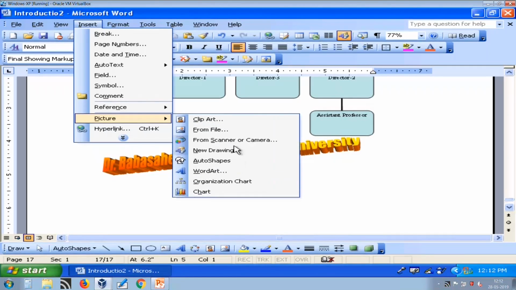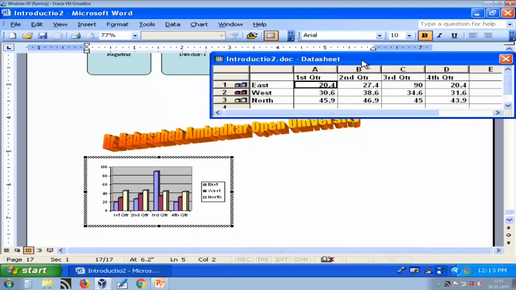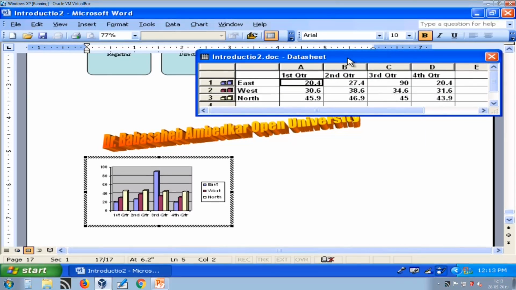So, we have discussed clip art, from file, from scanner or camera, new drawing, auto shape, word art, organization chart and chart. Now, when you insert chart, which is very similar to chart in Microsoft Excel, here is an Excel sheet where you need to enter your data.